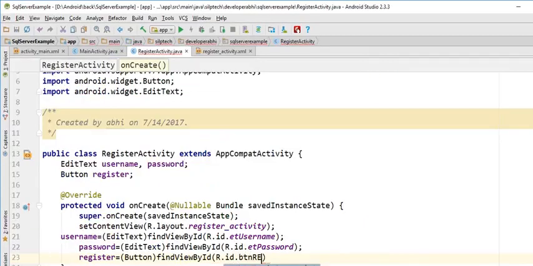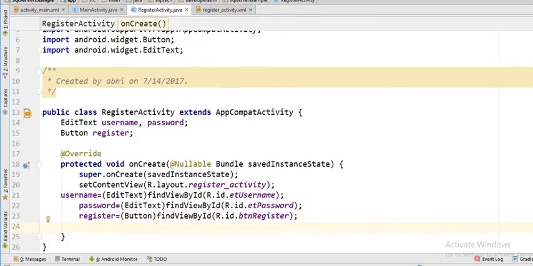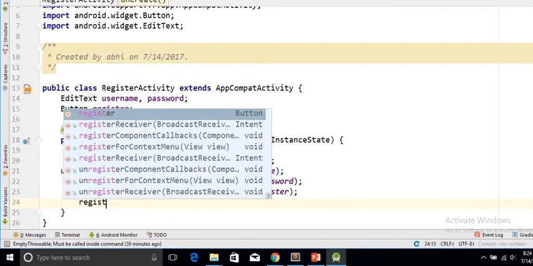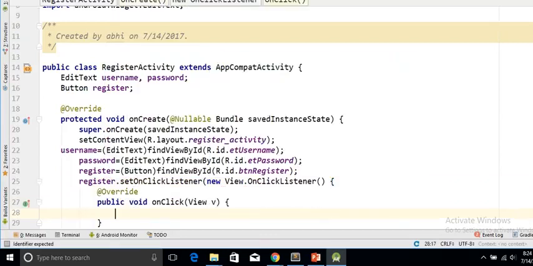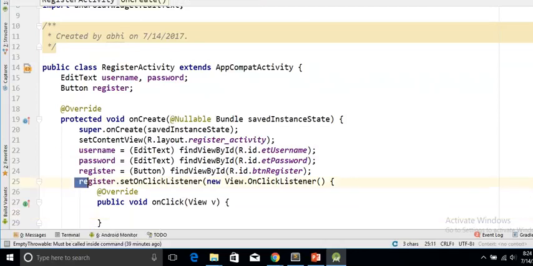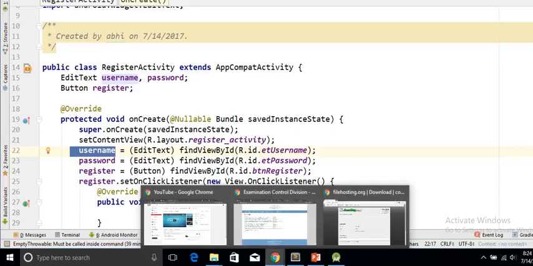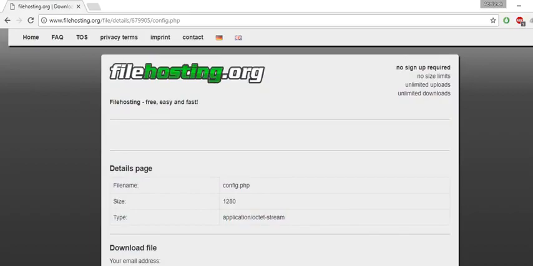So we have an id of btn register here. Also place a click on this button: register.setOnClickListener, new OnClickListener. Now what we need to do is, when you press this button, send these two values which you have typed to the database which we created in the previous video. So we need to link those two using the URL